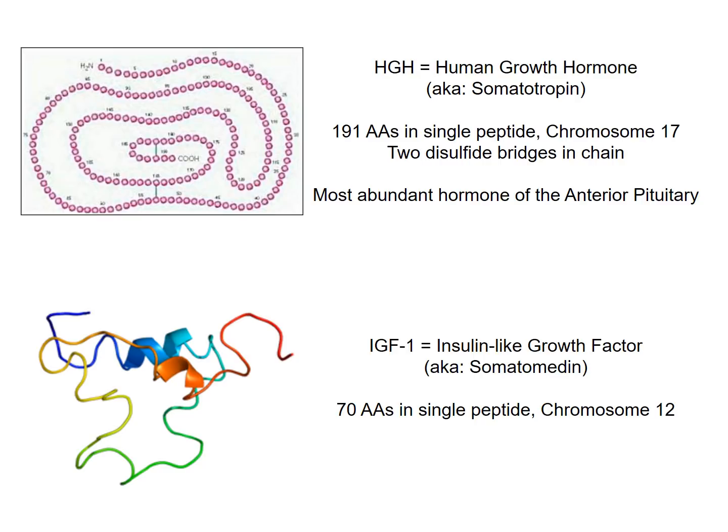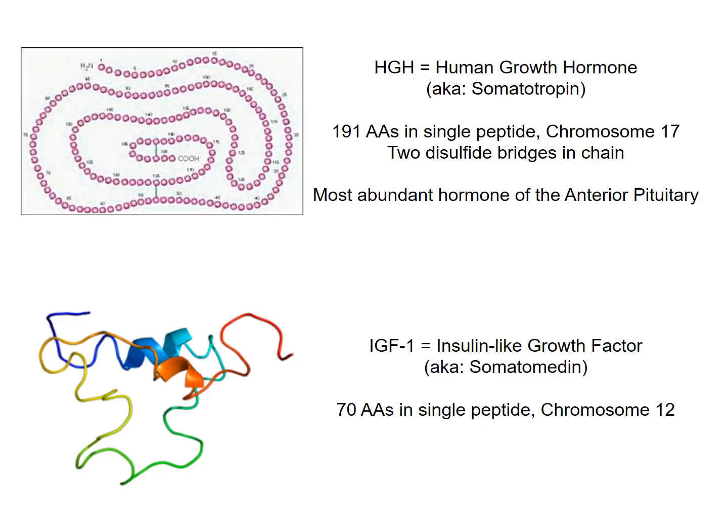Human growth hormone, another term for that is somatotropin. Another term for IGF-1 is somatomedin. These are both peptide hormones. You can see they're relatively large. Remember, a protein or a peptide is made up of a bunch of amino acids chained together, and then you can fold and shape that protein in a number of different ways. Each of these proteins comes from its own chromosome, so there's a gene for all of our proteins. So growth hormone has a gene, IGF has a gene, right?